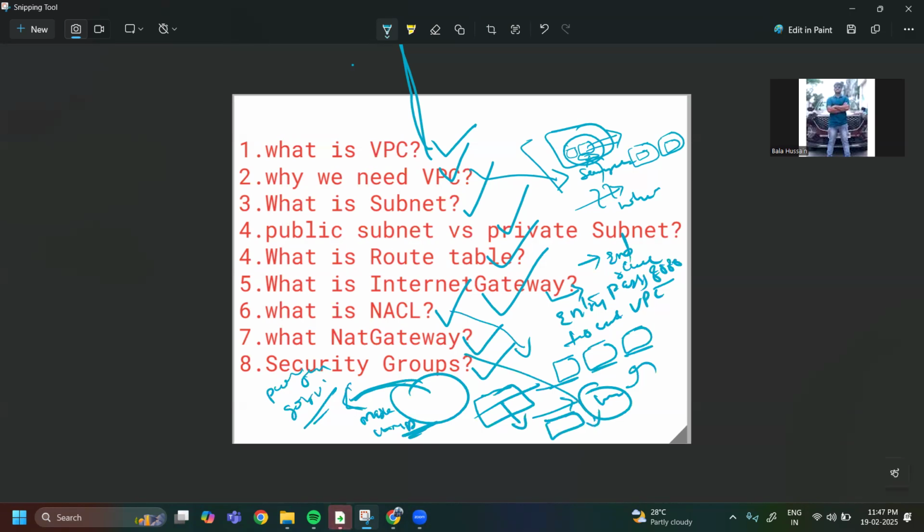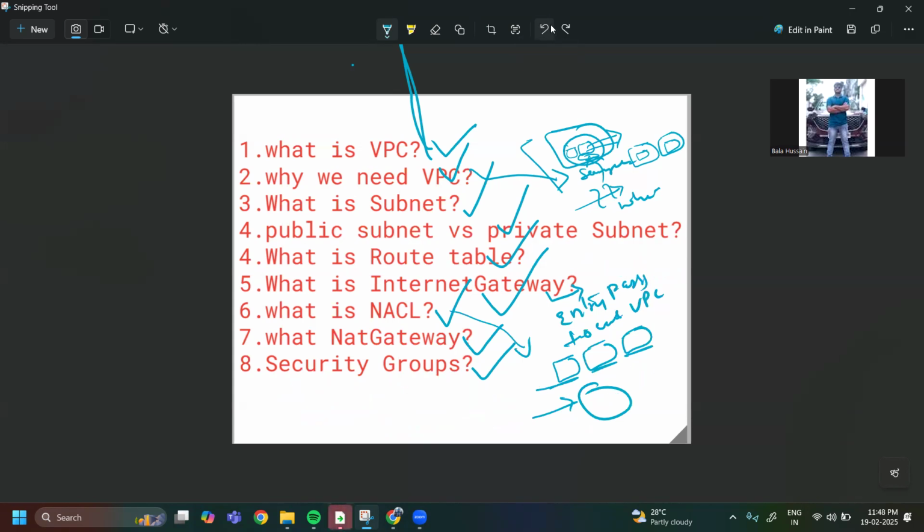What is the security group concept like? We are entering into the VPC. No problem, after entering the public subnet, we want to reach a particular application, the A application, which is in the private subnet.